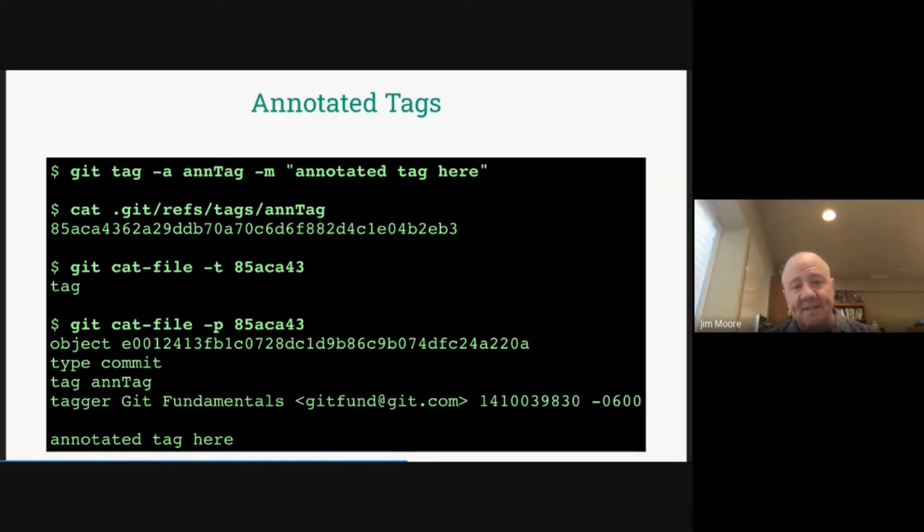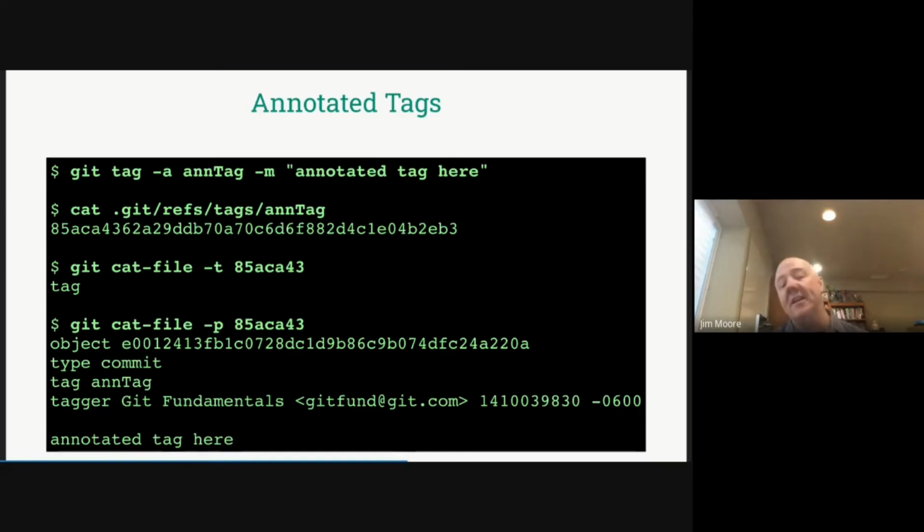And what that does is it actually creates an object. The objects that we've seen so far that Git tracks are blobs, trees, and commits. This is a fourth kind of object, an annotated tag. It's essentially, as you can see down here, like a commit, but it's not a commit because you're usually pointing to a commit. But it has much the same information. So you can put a tag message, a commit message, as part of it. It keeps track of who did it and all those kinds of things.